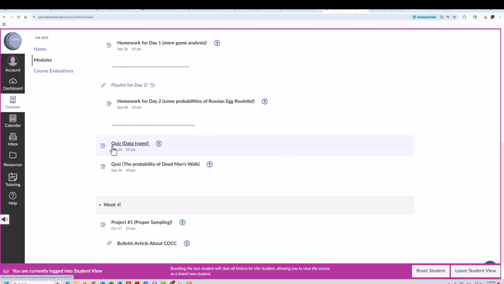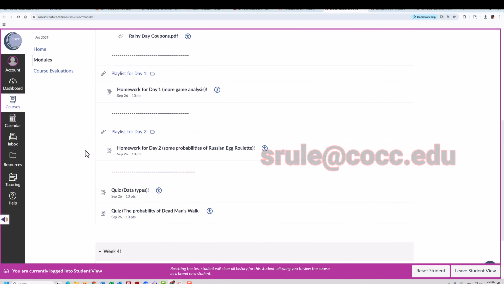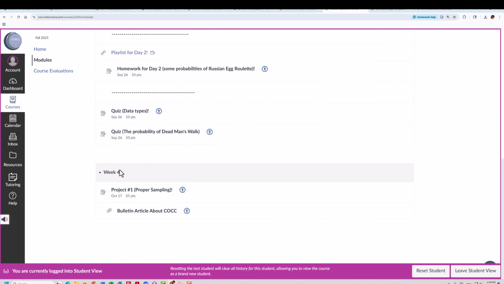And then you've got these things called quizzes, and you'll learn about those in the syllabus. You do not have to do every single quiz I offer. And that's all I'm going to say here, because I'm going to have you read the syllabus about that later. And if that doesn't make sense to me, feel free to leave me an email, and I can clarify that for you. Please notice week 2 and 3 are missing, and then I've got a little bit of week 4,